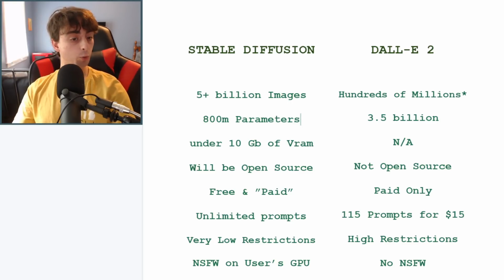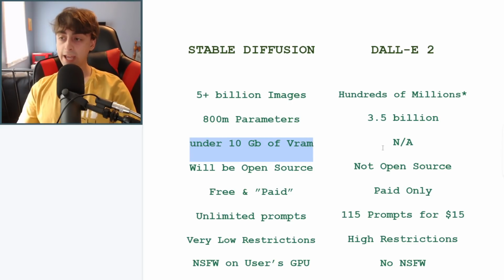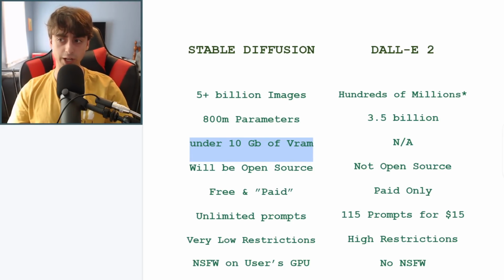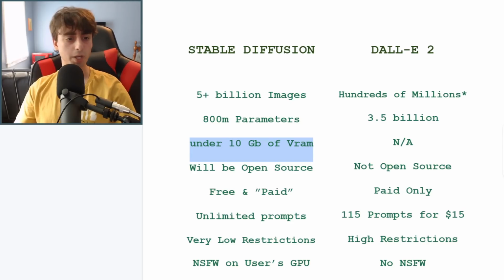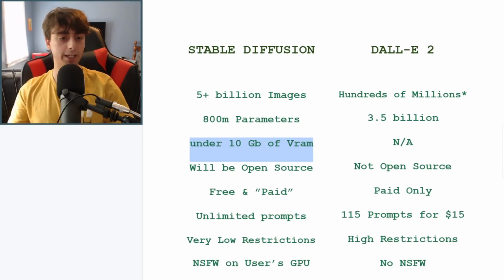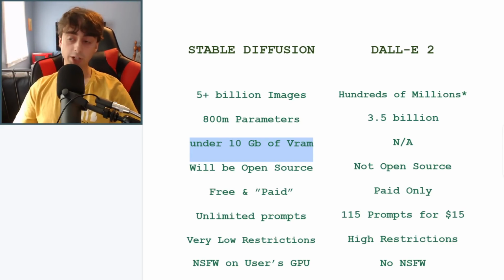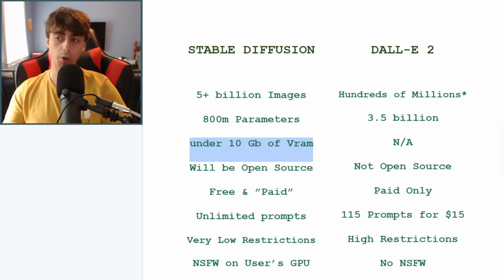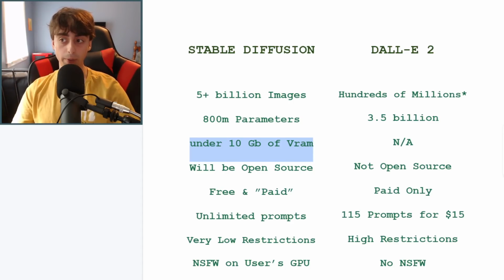Anyways, Stable Diffusion will be able to be run on your own GPU at home, on your own system, of course, because it will be open source. And they say right now that Stable Diffusion in its current state will run on your own home GPU under 10 gigabytes of VRAM, which is actually very good news. So that means a lot of mid-ranged graphics cards, and definitely high-ranged graphics cards, will be able to run Stable Diffusion at home and apparently generate images in just seconds.